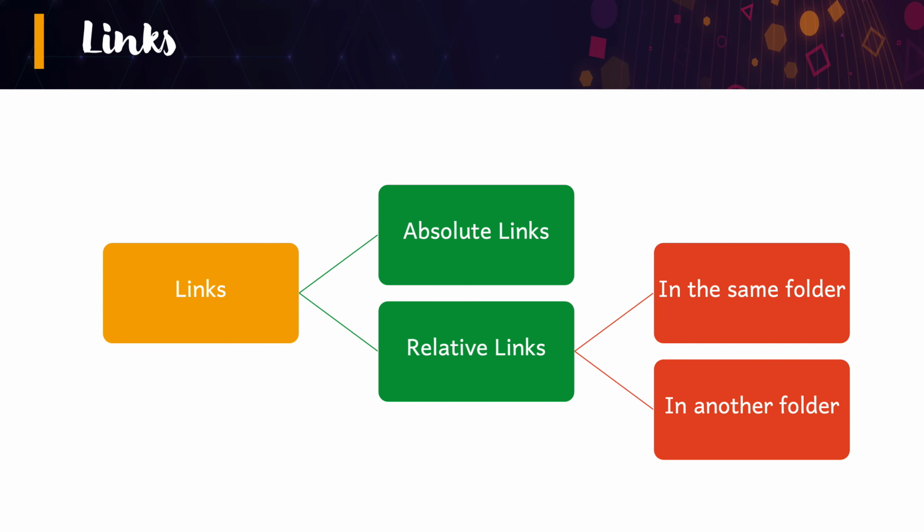The first one is very relative. It is assuming you are in some place, and it is telling you how to go to the next place, how to go to where you want from where you are. So this is a relative positioning or relative addressing. These are called relative links. So there is a notion of where we are right now. So relatively speaking, how to go to where we want to go. So these links are called relative links. They tell you where to go from wherever we are.